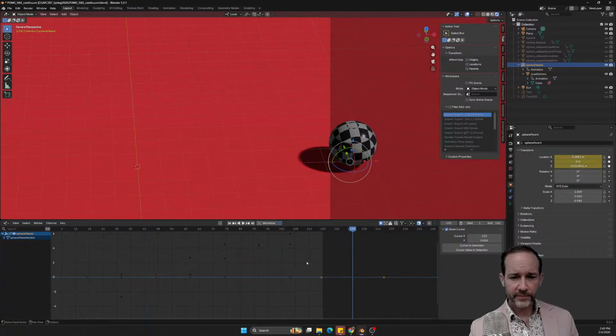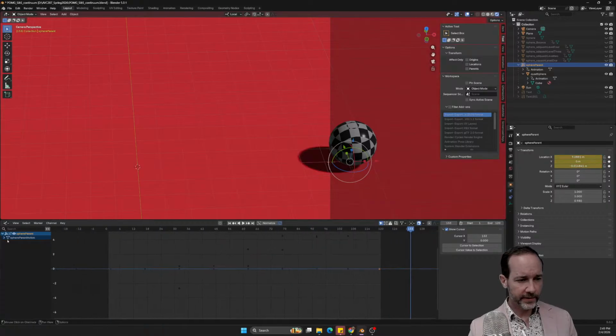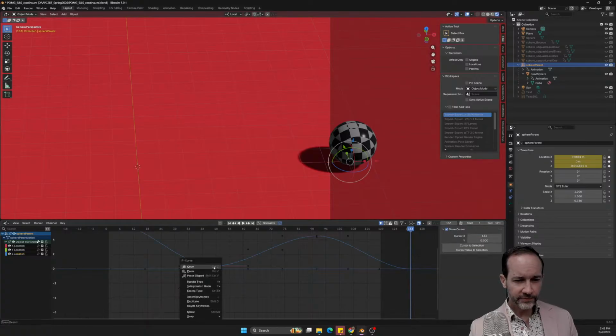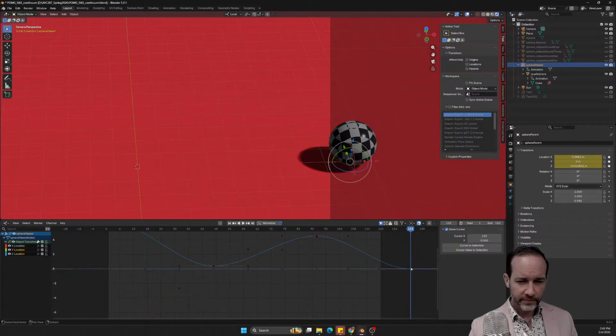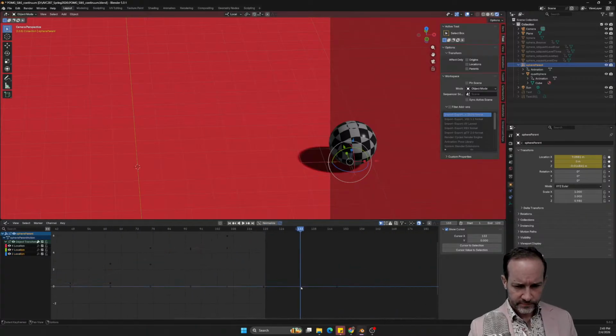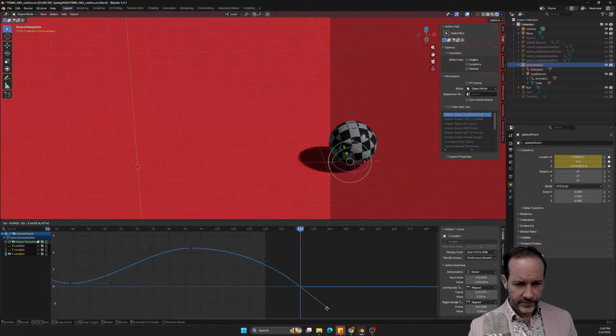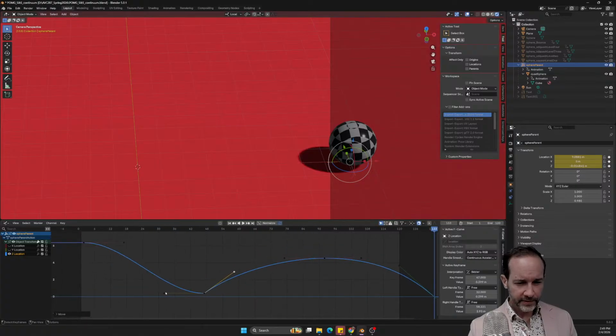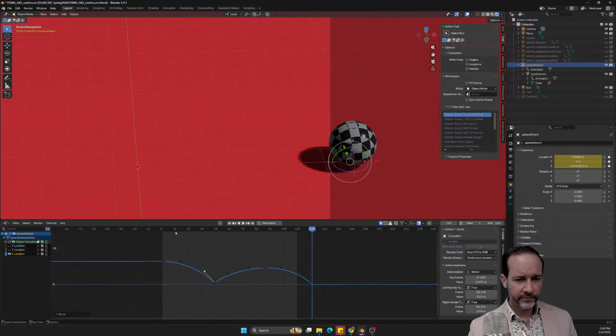And setting those keyframes. Okay, that's good. I can just visually correct some of the Z here, knowing that this one needs to be switched to free. Same thing over here. Just look at the Z, select the Z, there we go. Make sure that this handle is kind of up like this, and then these handles are free, so I can have this kind of thing. There we go.